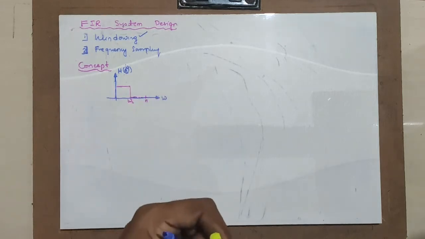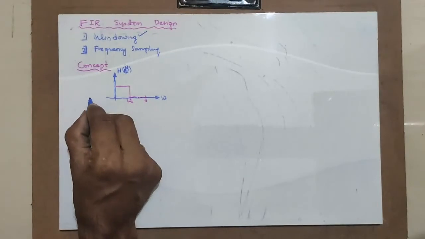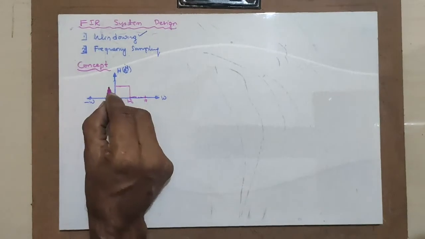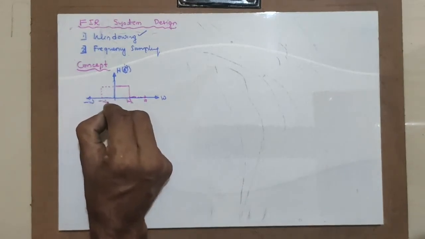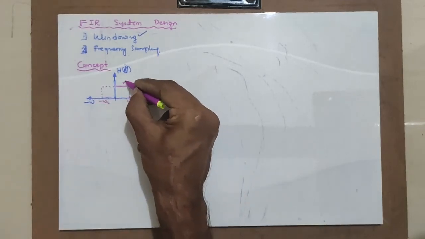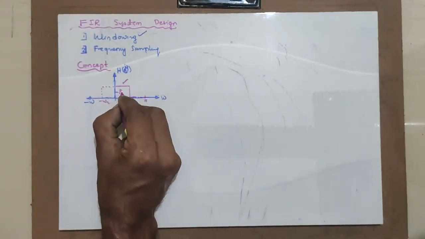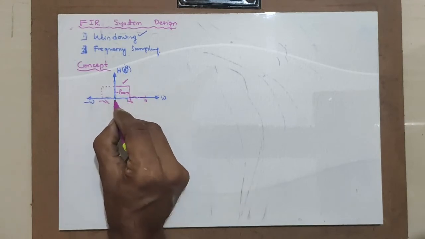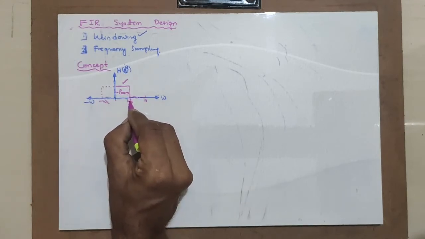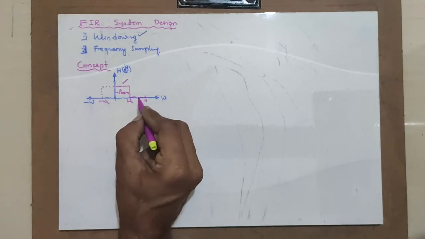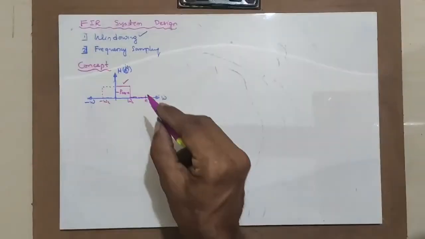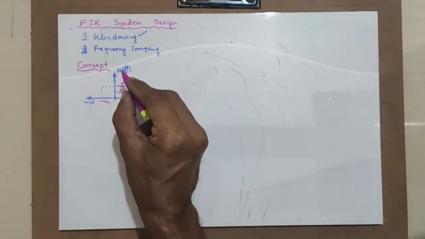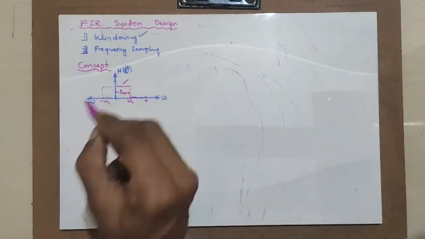The same response will be replicated on the other side, minus omega, minus omega c. Okay, this is what we want now. We want the signal to pass from 0 to omega c, and from omega c to pi it will stop passing the signal. This is the required frequency response of the system, isn't it? That's what a filter is. That's what H of z is. That's what we are designing for.